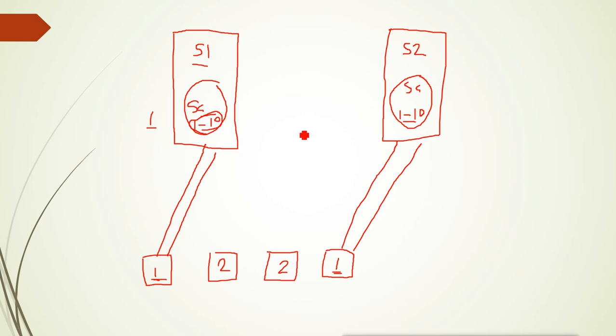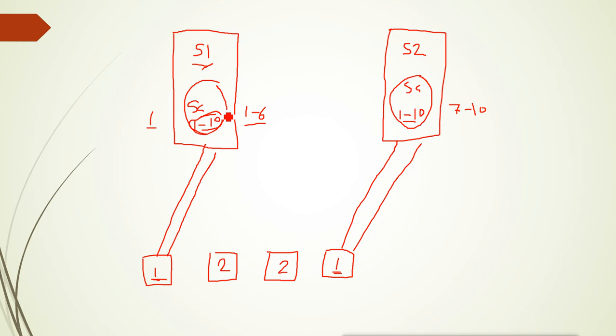So instead of creating the same scope in server 1 and server 2, we can split the scope. For example, the range of IP addresses we have is from 1 to 10. So I will say server 1 will have IP addresses from 1 to 6, then server 2 will have IP addresses from 7 to 10. Now this one has the larger share of IP addresses, because this server is more powerful than the other server. So everyone should get the IP addresses from here.